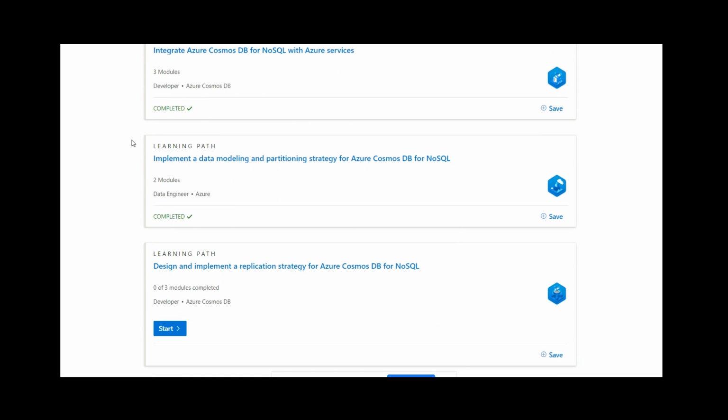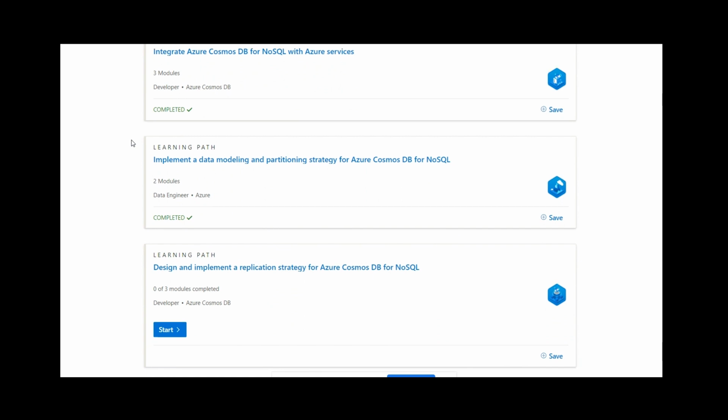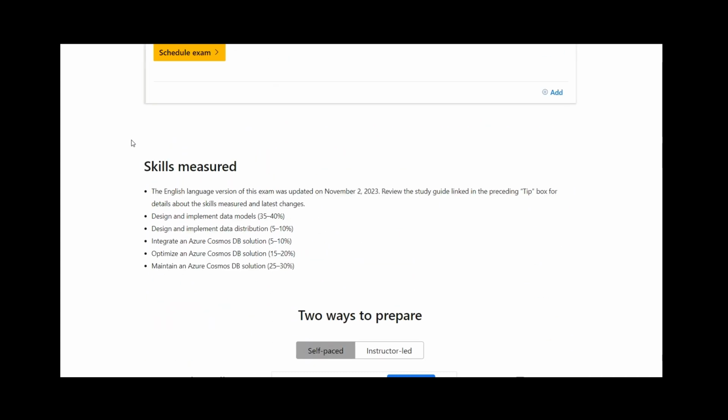Now this offer is not currently going on, so if something pops up, I will definitely let you know. But as of now, you can use your company provided voucher or pay 4,800 rupees upfront in order to get yourself certified in this Microsoft